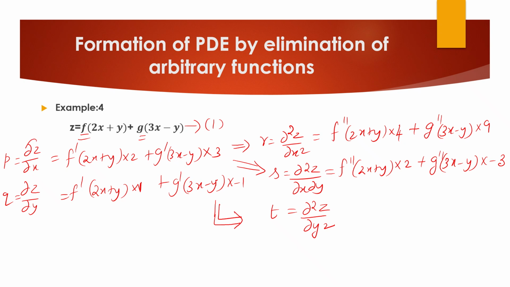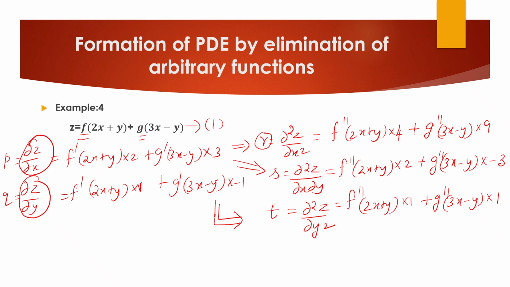So differentiation of this with respect to x again gives dou square z by dou x square, that is nothing but r, and differentiation of this with respect to y again gives t, that is dou square z by dou y square, which is equal to f double dash of 2x plus y into 1 plus g double dash of 3x minus y into minus 1 again,